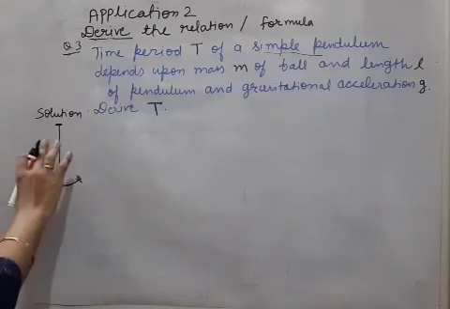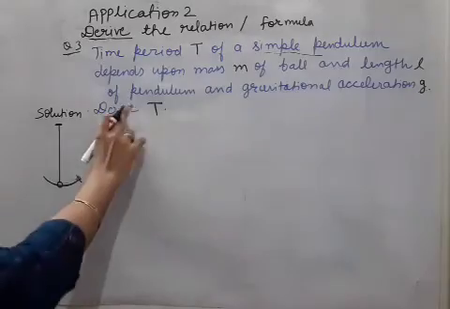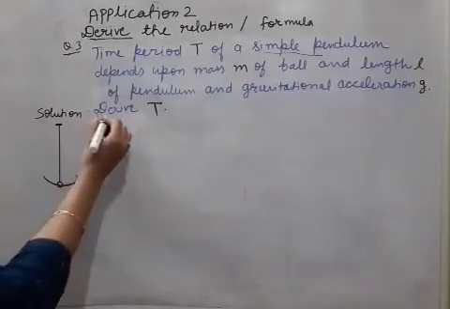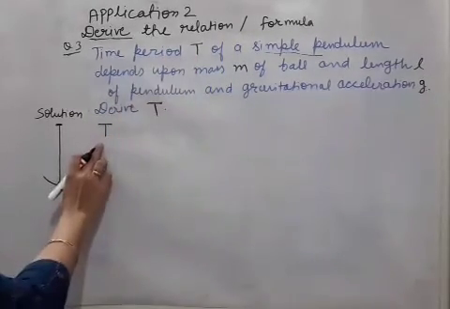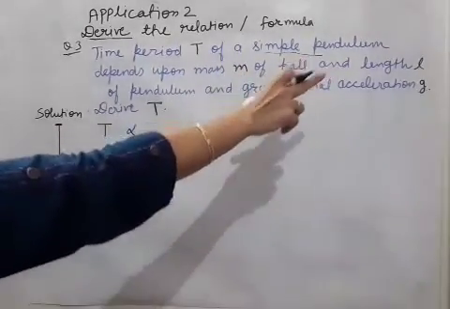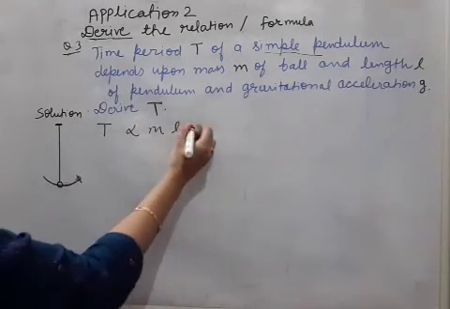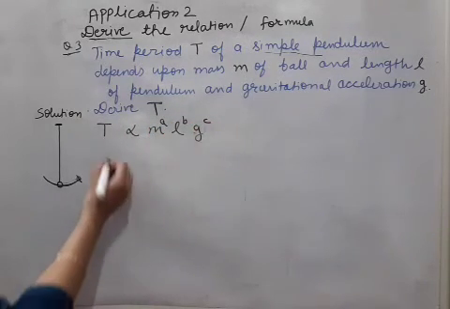Now this detail is not required in this question. I am just telling you for your information. We will be doing simple pendulum in our last unit. For now, we have to derive T by using our method of dimensional analysis. Let's start the solution. First of all, T will be written here. It depends upon mass m, length L, and g. So mass, length, and g, 3 terms. Powers we have to assume a, b, c.